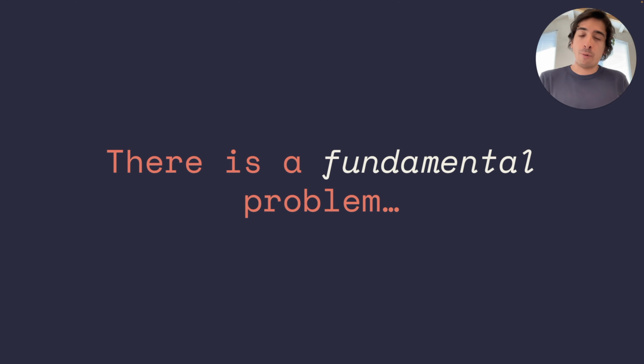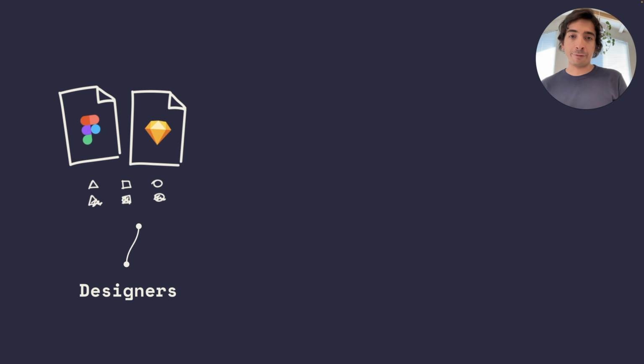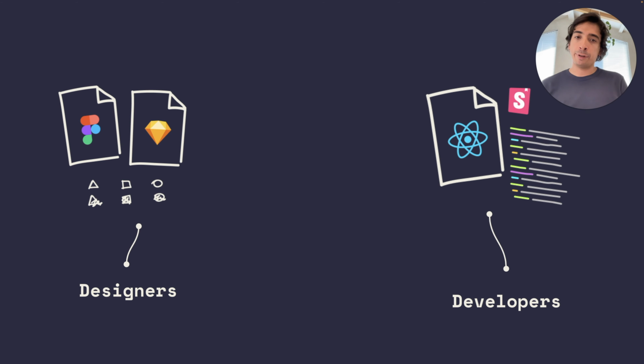But it's not all rainbows and butterflies, and there's a fundamental problem here, and it's related to how we got here, and it's related to the tools we use. Let's take a look at a visual representation of a design system. On the left, we have the design files with components, which are obviously built and maintained by designers. On the right, we have components from our code base, and those are built and maintained by developers. Most importantly, designers and developers collaborate, because that's what turns this thing into a design system. But what's missing here?